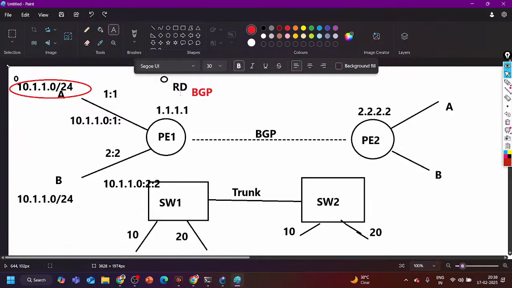Right? Through the RD value, my BGP will understand the subnet. BGP is going to make it a unique IPv4 prefix. That is called a VPNv4 prefix. Right? VPNv4 prefix. What is a VPNv4 prefix? A VPNv4 prefix means IPv4 prefix plus RD value. This is called a VPNv4 prefix. And